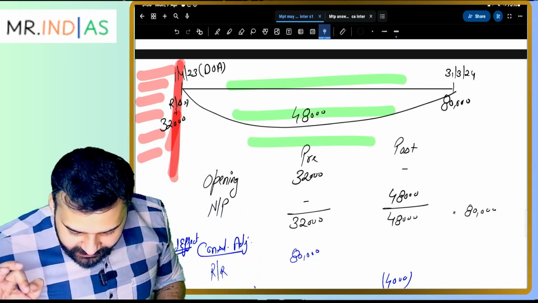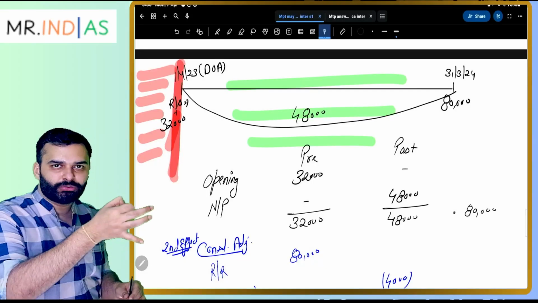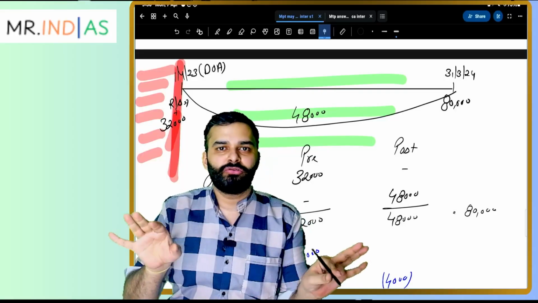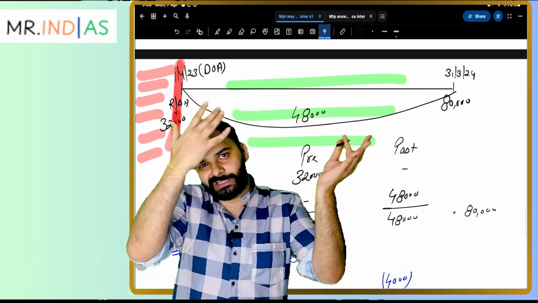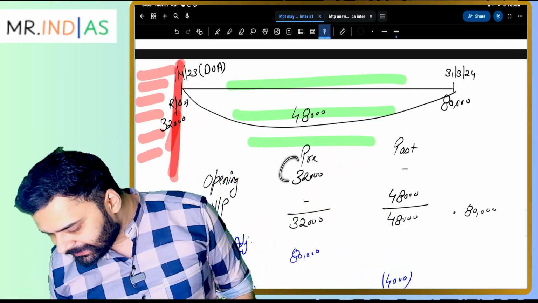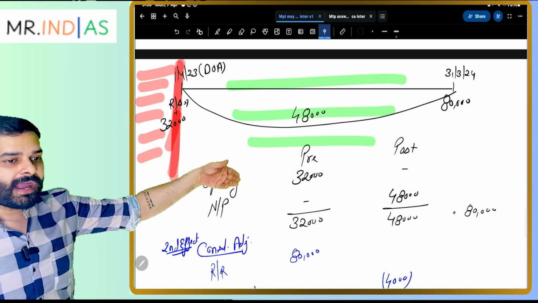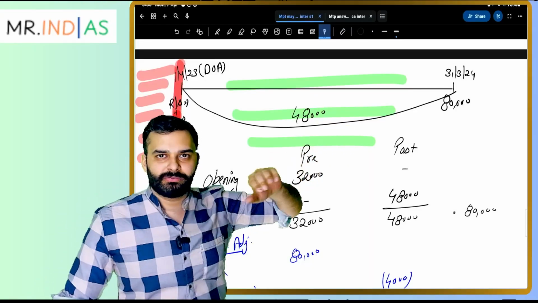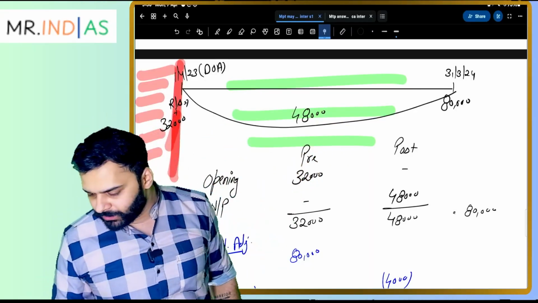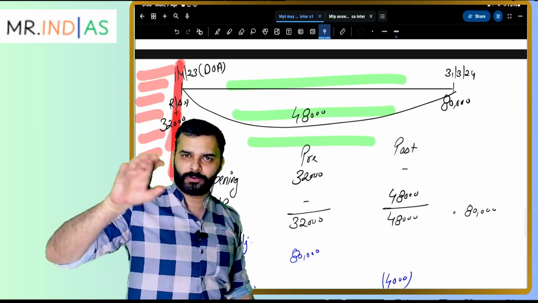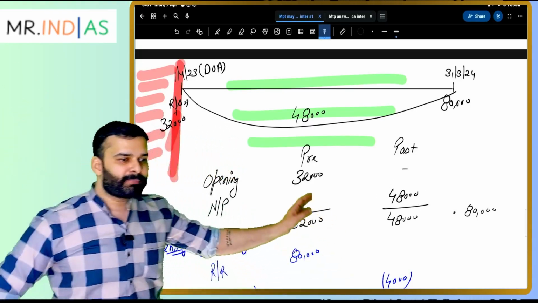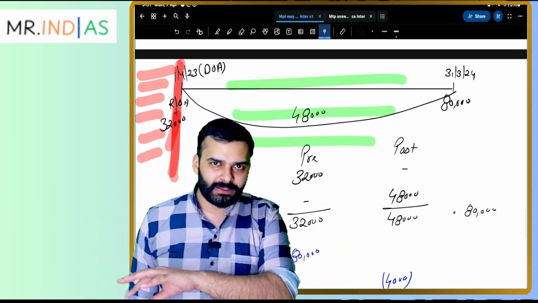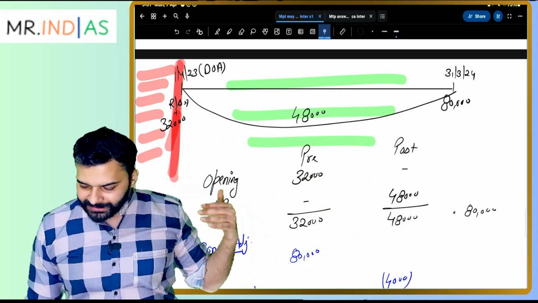So your reserve standing at rupees 32,000 when you bought Q Limited. So 32,000 is not your profit. You bought it. You were not there when 32,000 was earned. So 32,000 is your pre-acquisition profit. And after that, the company earned 48,000 where you are in the picture. So 48,000 is your post profit. Post profit will transfer to your profit and loss account. Pre profits get deducted from your investment to determine whether you have a loss or profit in investment. We'll see that later.